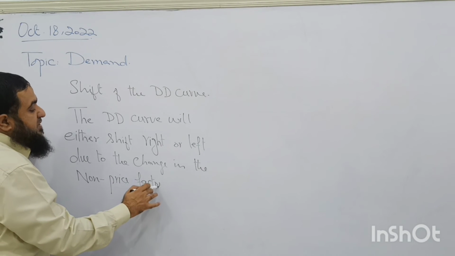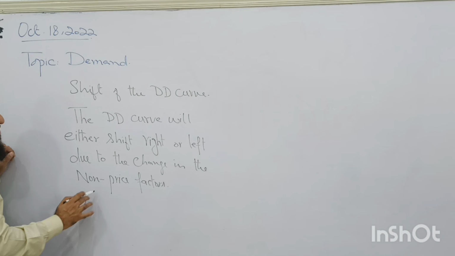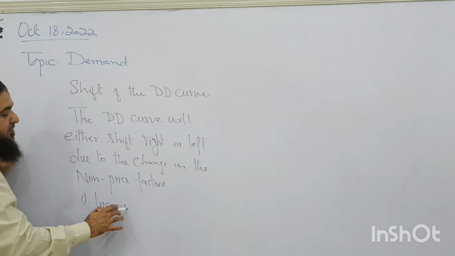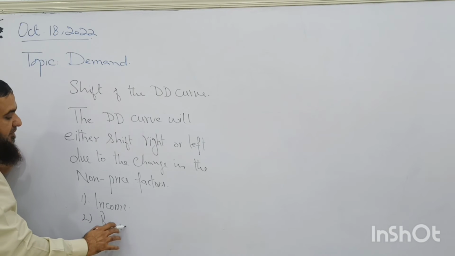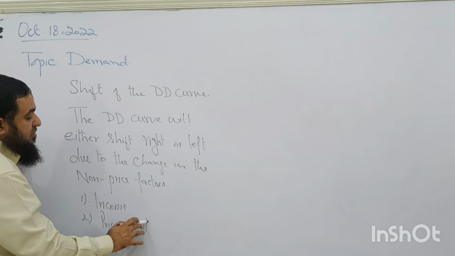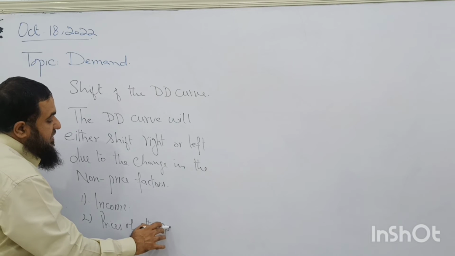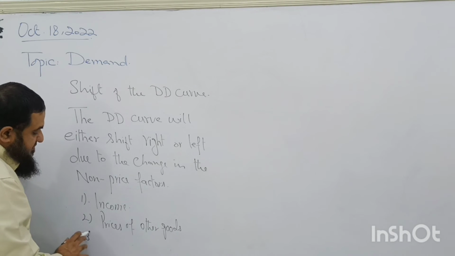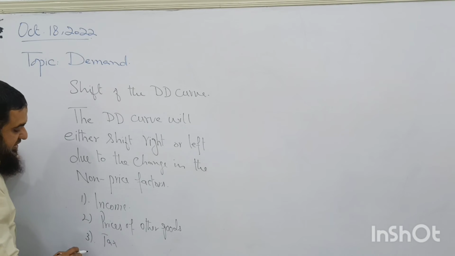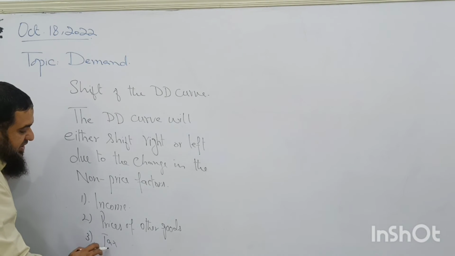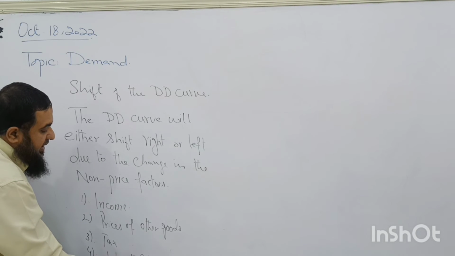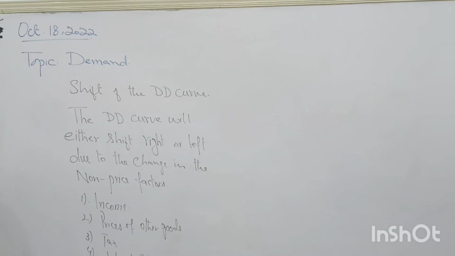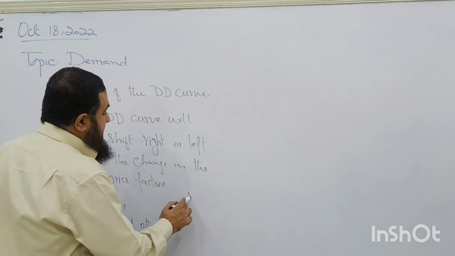And what are those non-price factors? I am listing them. First is called income of the consumer, and then we see prices of other goods. And then we see the tax. Can I write interest rate? Yesterday I did not write it. Interest rate is also affecting the demand of the goods because loans can be made easily available if interest rate is lower. And the fifth point is